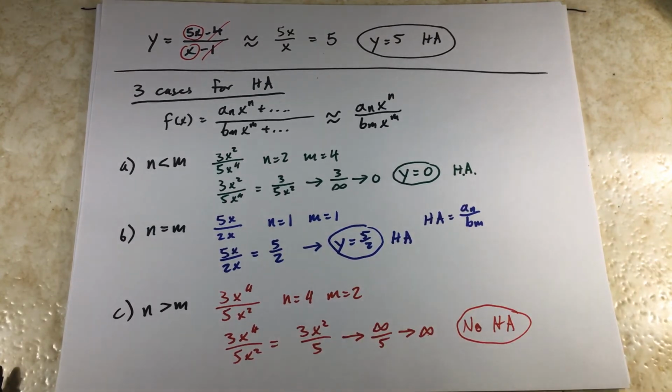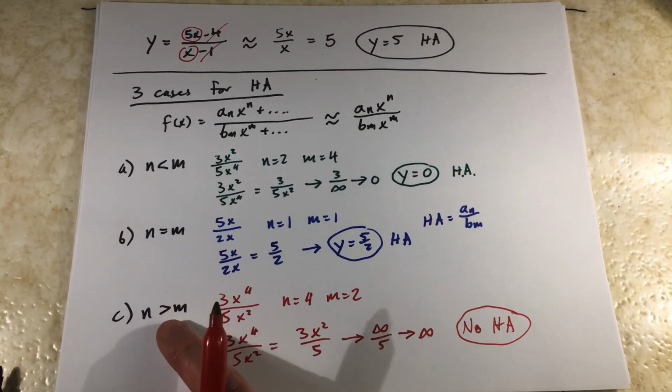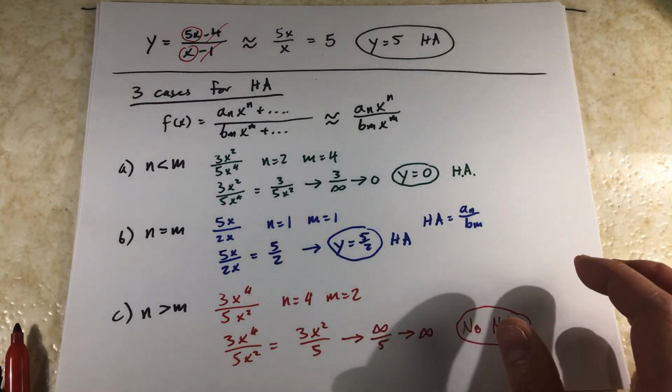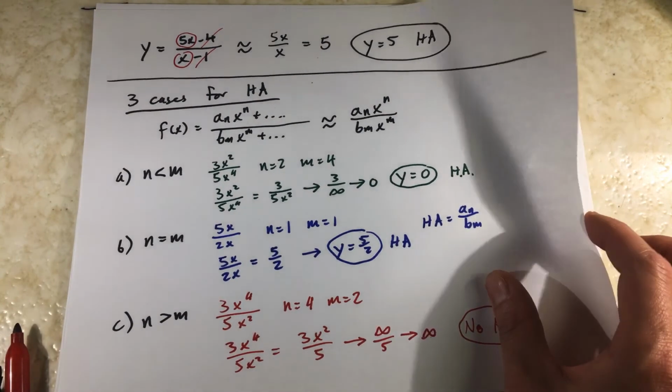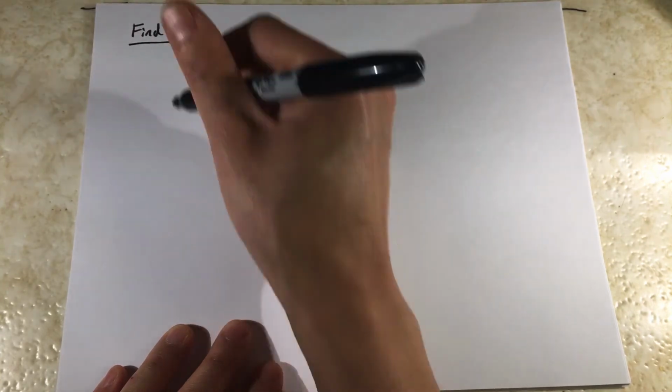All right. So it turns out, and your book talks about this if you read the section on asymptotes, that in this situation, it's possible that you could have a slant asymptote, and they show you how to calculate those, but we're not going to get into that. Okay, so I'm going to do some, and then I'll give you some to try out, and we'll wrap up this lecture after that. So let's do some where we find the horizontal asymptotes. All right, so